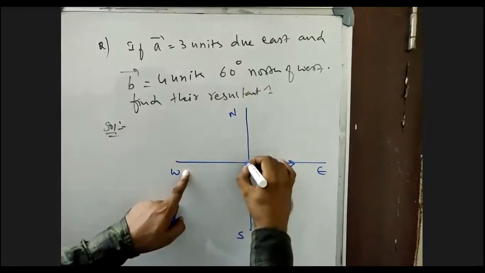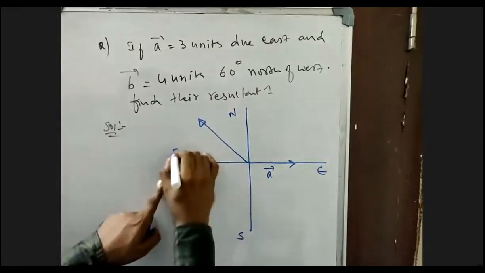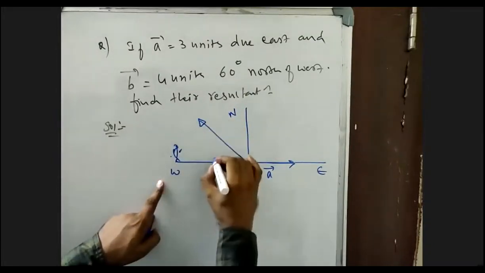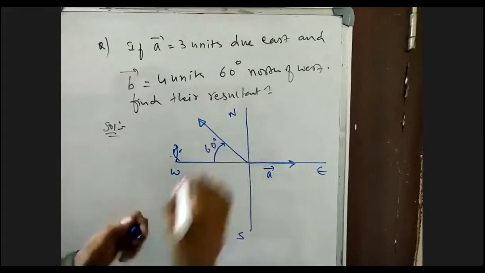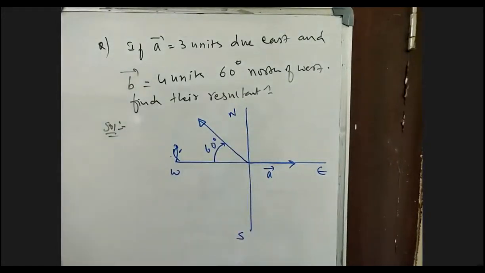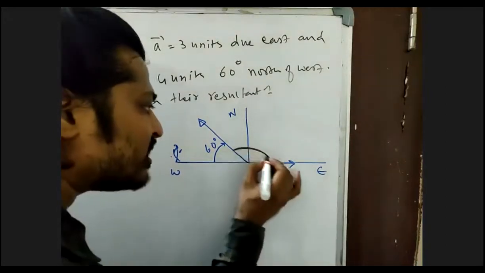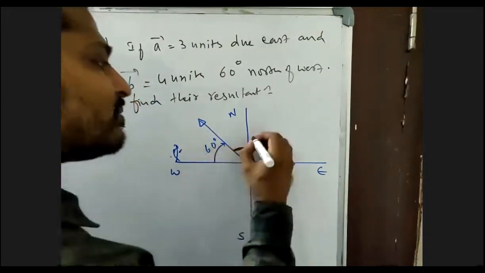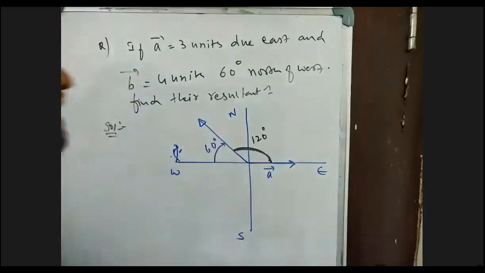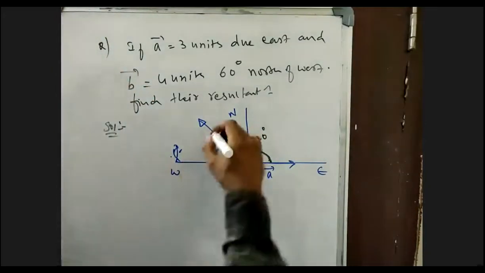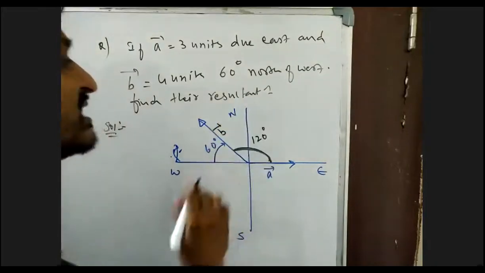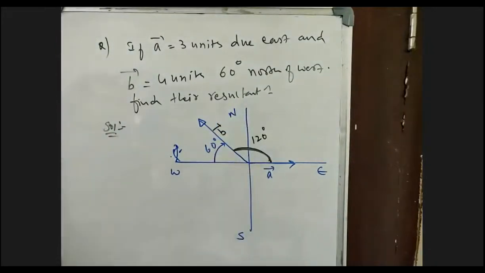Very good. You are standing on the west and going to the north by how much angle? 60 degrees. And what is the angle between them right now? The angle between A bar and B bar is this angle, 180 minus 60. This one is 120. Very good. This is your A vector and this is your B vector. Don't take 60 degrees and start doing the question. If this has been done, you are very good in vectors right now. You got a complete application of the vectors in a very good way. So the angle between A bar and B bar is 120 degrees.